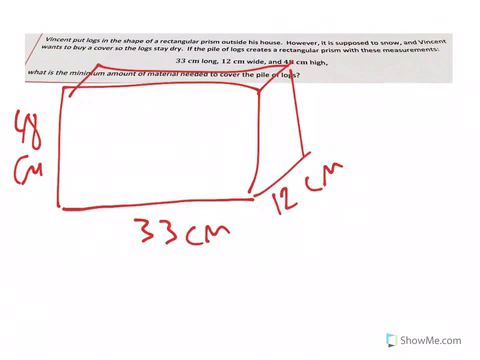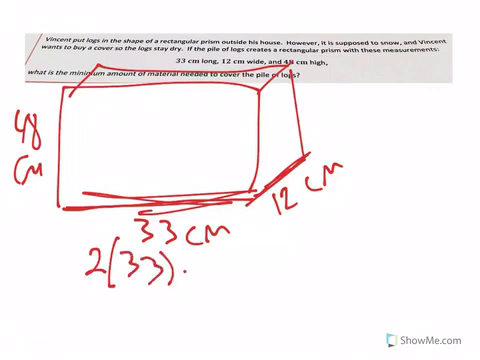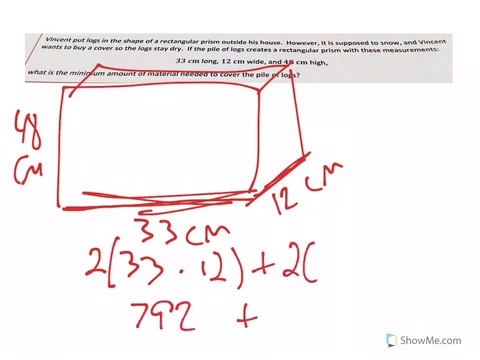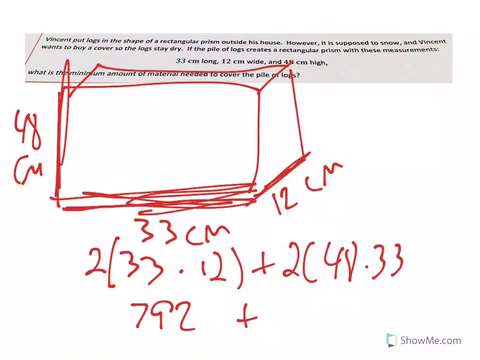So now it's just a matter of finding the surface area. So I'm going to take 33 times 12 to get the top and the bottom. So since there's two of them, I'm going to take 2 times 33 times 12, which is going to give us 792. I'm going to add that to 2 times 48 times 33, which is going to be the front and the back. And if I multiply that out, I'm going to get